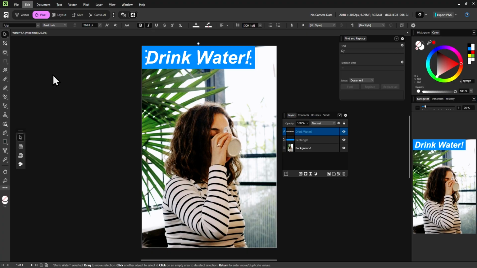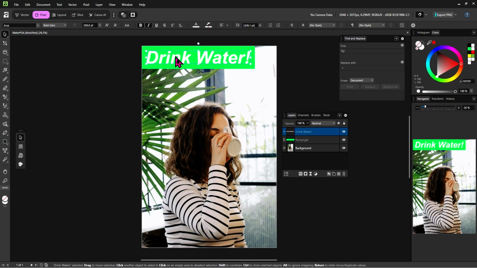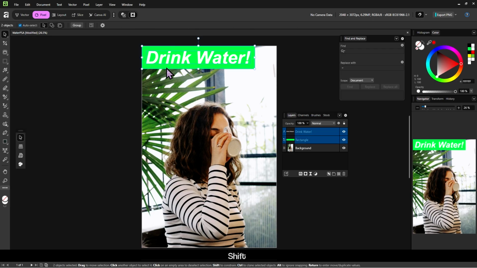Okay, so we move the drink water text around, but what if we also want to move the rectangle? Well, good news, we can actually select more than one object at once. So notice that I have the drink water text selected, as we can see because the bounding box is wrapping around it. If I also want to select this rectangle at the same time, and any object really, I will hold shift and then click on it. And I will know it is selected because the bounding box is on both of these objects. It's not too visible right now, so I'll change the rectangle to a green just for a minute.